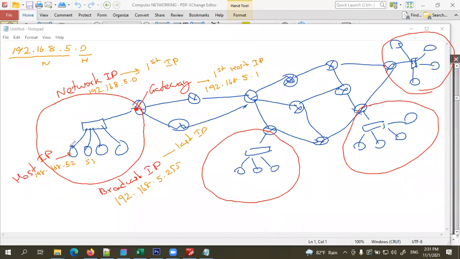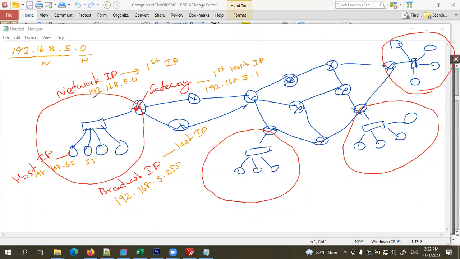Now you must be aware that if we just consider a single network, a LAN, local area network, there are 4 main IP types which are assigned with the network. The first one is the network IP that represents the network. It is used to identify the network. Broadcast IP is used to represent all the devices in the network. The gateway is a point where the computer devices want to access the outside through. Right, children.